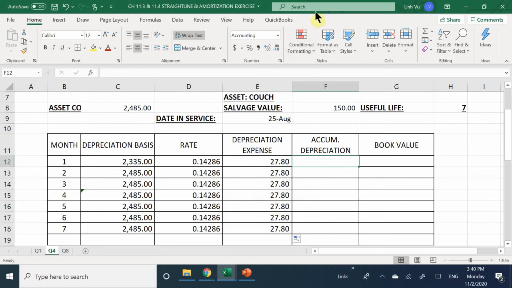So in this case, the remaining time is not relevant because I don't care how many months I have left. I'm depreciating it every single month. So it doesn't even matter when I start, as long as I recognize that on August 25th I placed it into service, so the very first month that I'm depreciating it is going to be for the month of